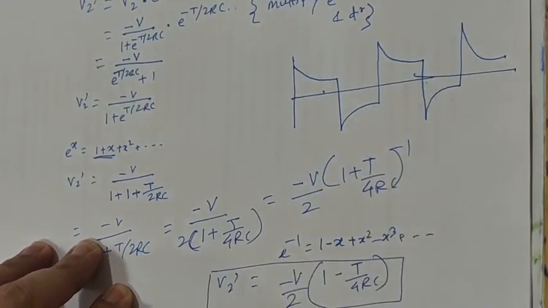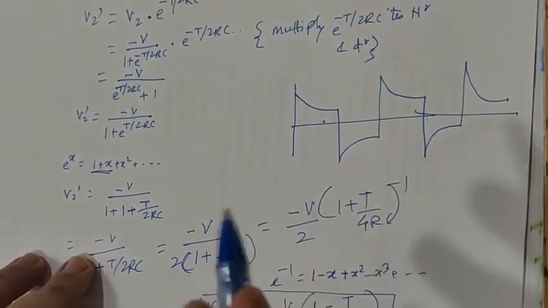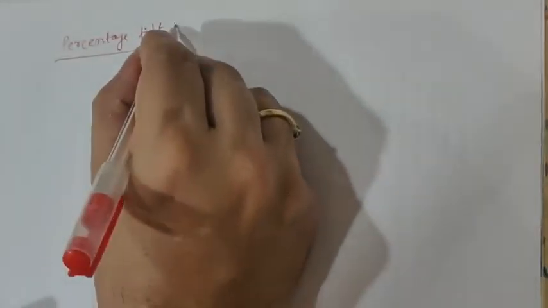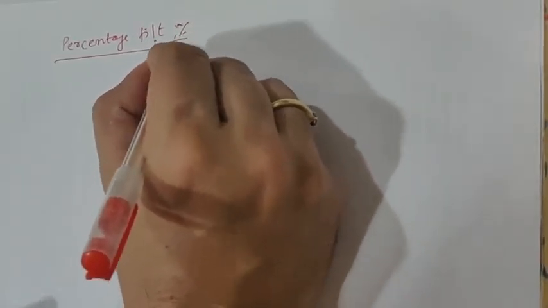Kind of this waveform we are getting. So how much tilt is there between input and output is what we need to calculate, so that we will understand, and therefore we will calculate another concept from here called percentage tilt. Very important, percentage P. Now what is the percentage tilt, or what is tilt?